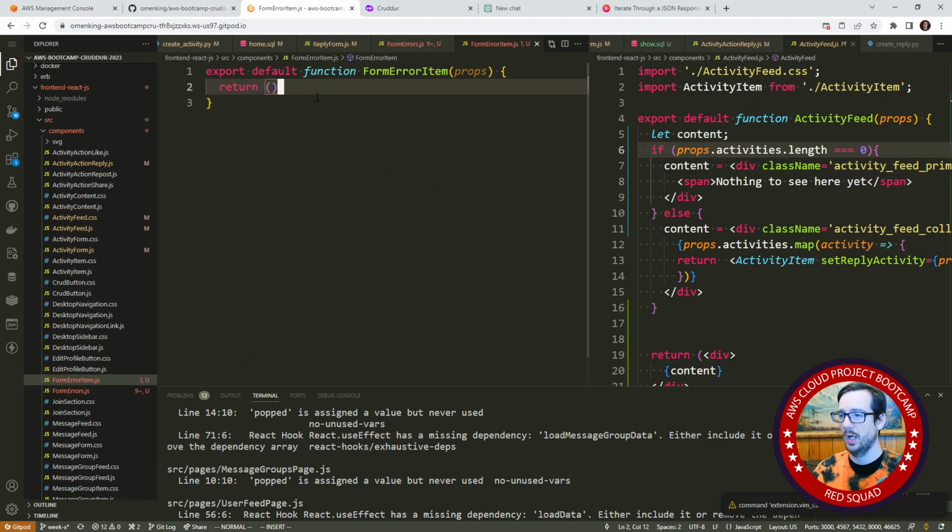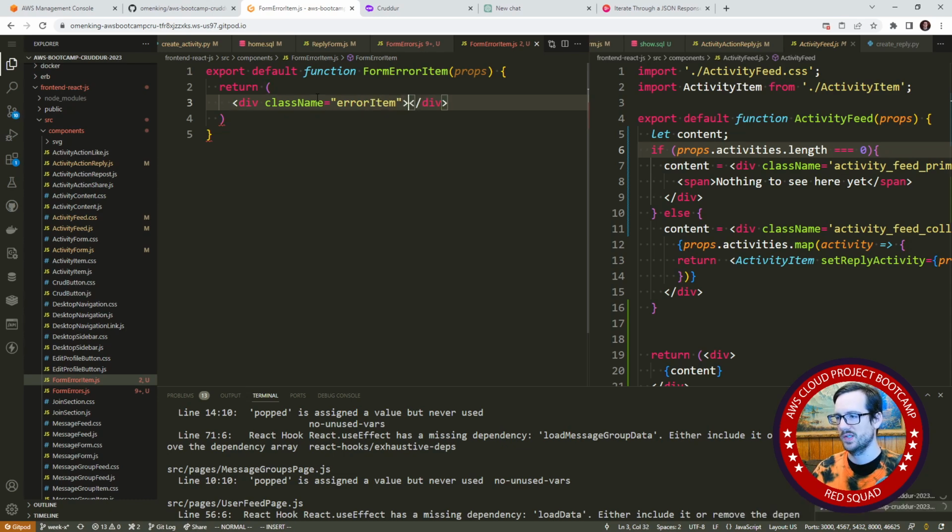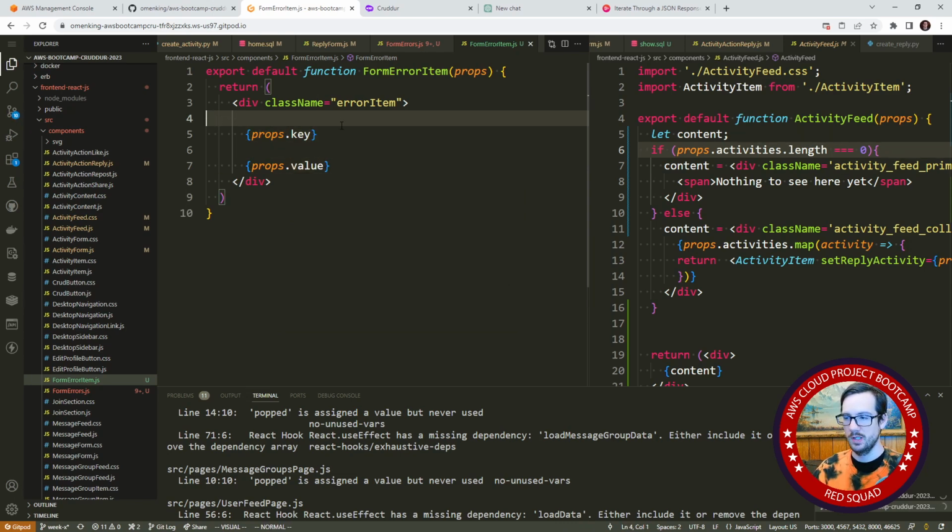And so here, what we want to do is have a div. I'm going to call this class name, call this error item. I know I'm being very inconsistent with our divs. Some are underscores, some are like that. I apologize. We're going to go here and do props key, and then we'll have props value. I only want to have the key if it is. Well,